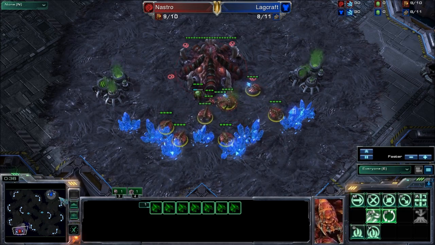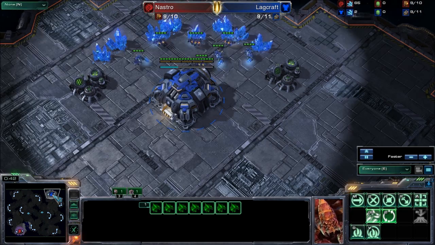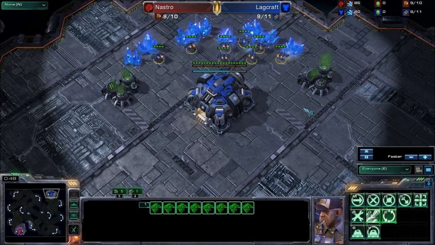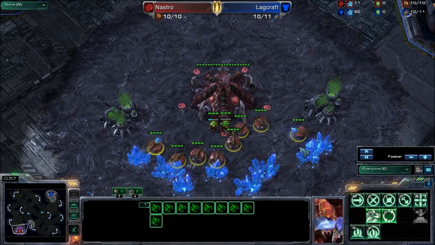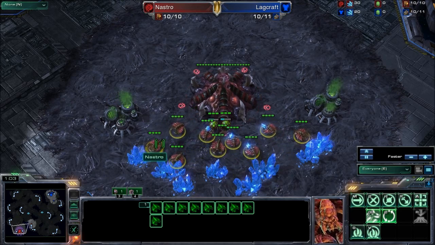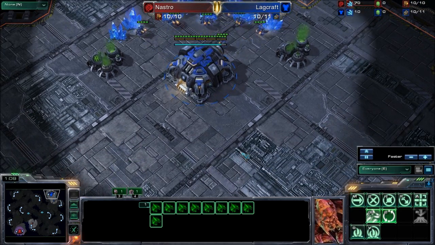It is me, Nastro, the red Zerg, spawning in the bottom left-hand corner, against LadderCraft, the blue Terran, spawning in the top right-hand corner. Now, this game shows off a build that I've been working on quite a bit for the last month or so in custom games with a buddy of mine, specifically for ZvT, that I originally